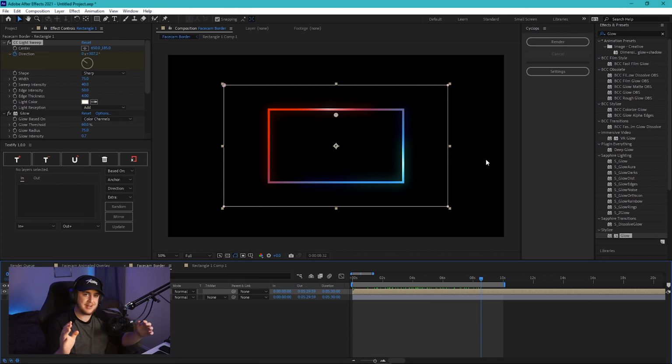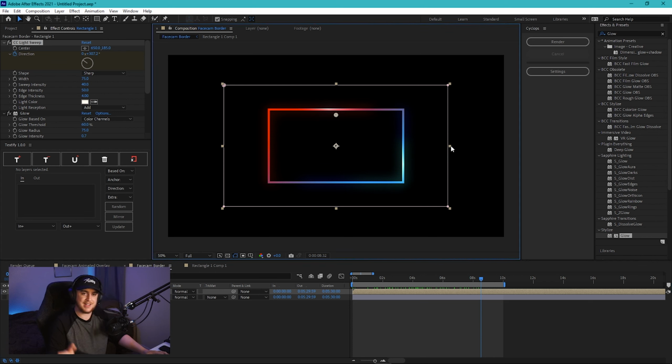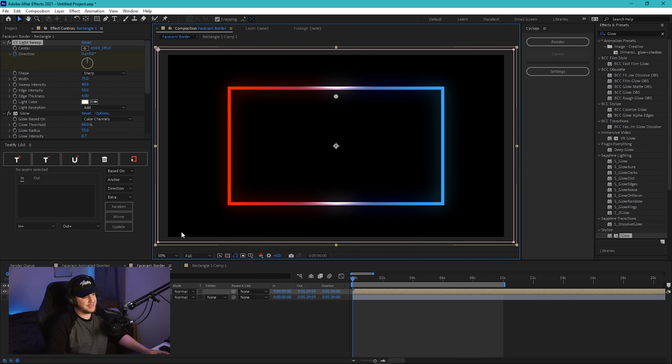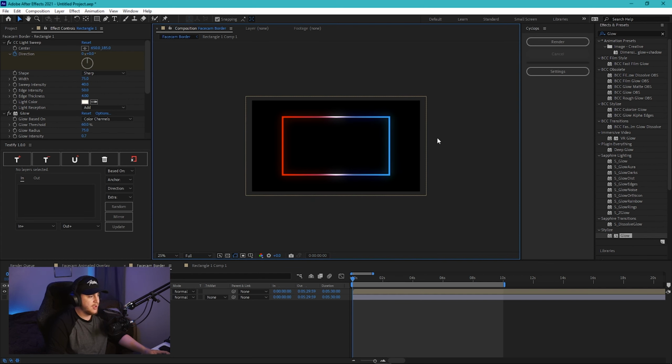Now the rendering steps are very, very specific, so make sure you pay attention to this part very carefully. The first thing you're going to want to do is size up your pre-comp. And this is why I said earlier to not worry about the resizing. All you're going to want to do is grab this middle point on the right, hold shift, and go all the way up. Make sure that the glow does not hit any of the outer edges of the composition though, because then you'll experience cutting off on your stream and it'll look really awkward.